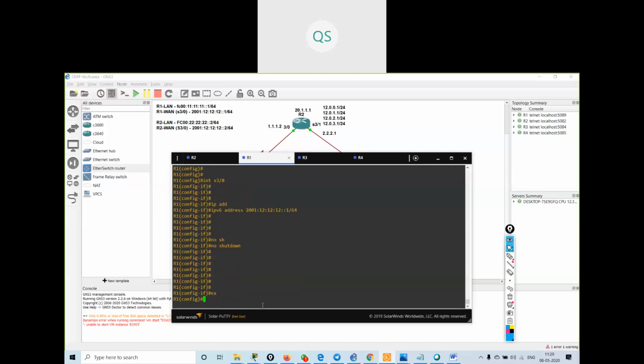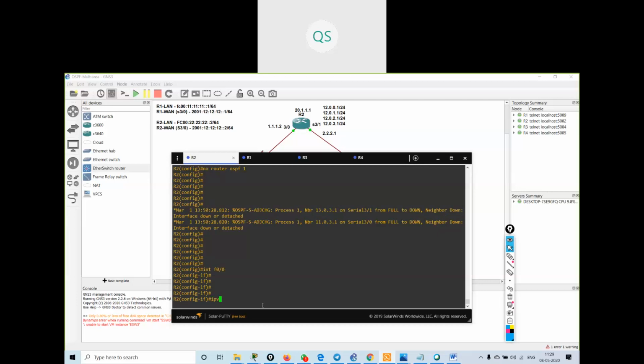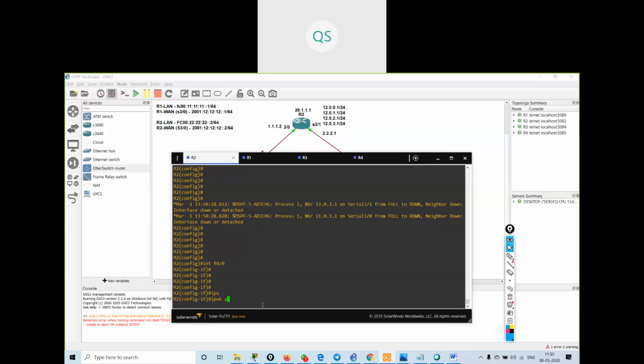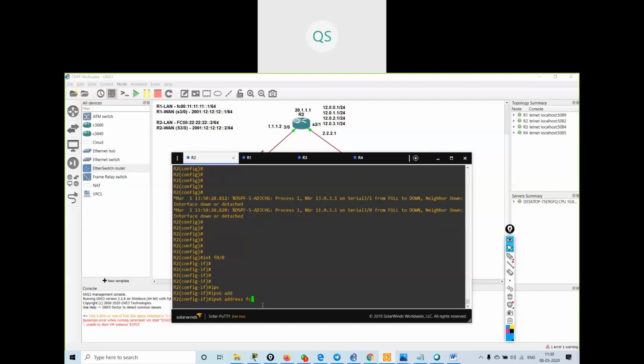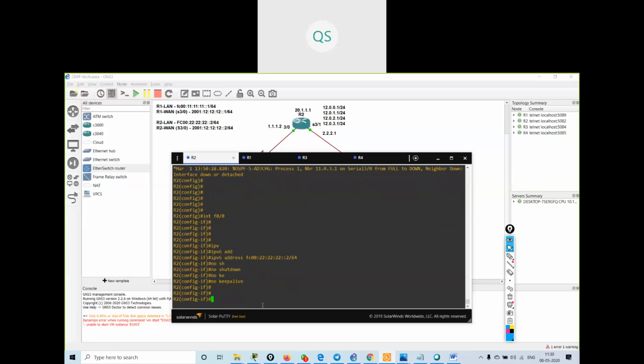Now I will go on R2 and I will say interface FastEthernet 0/0, IPv6 address FC00:22:22:22::2/64. Okay. No shut, no keepalive, exit, interface serial 3/0.